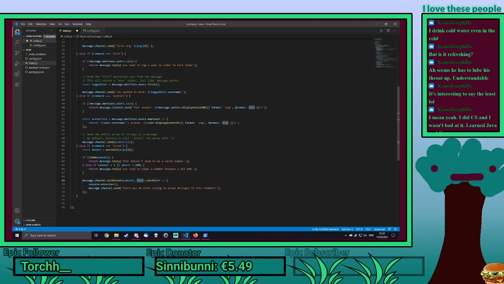So we pass an extra argument into the bulk delete function. And then we chain a catch. Which basically means you execute this. And should there be any errors, we catch the error. We call it err. And we put out a console error called err. And say there was an error trying to prune messages in this channel,